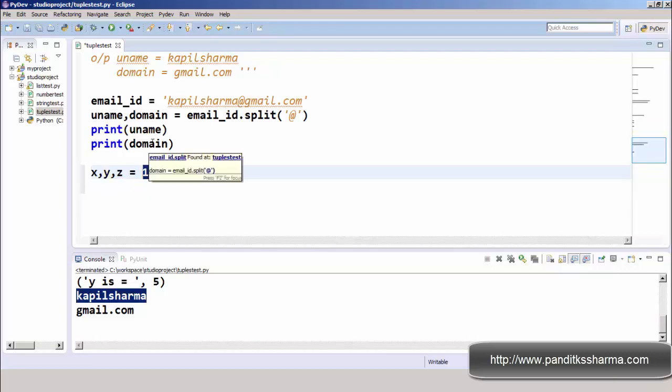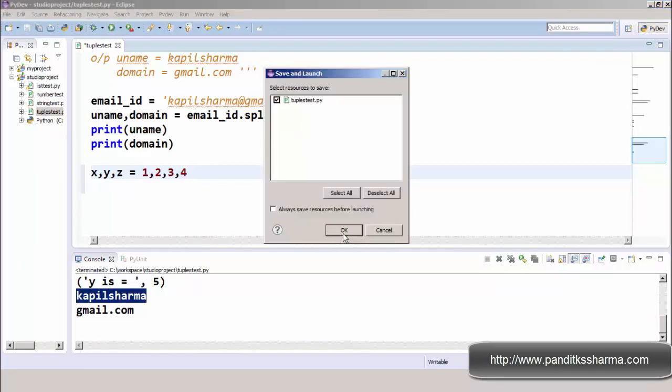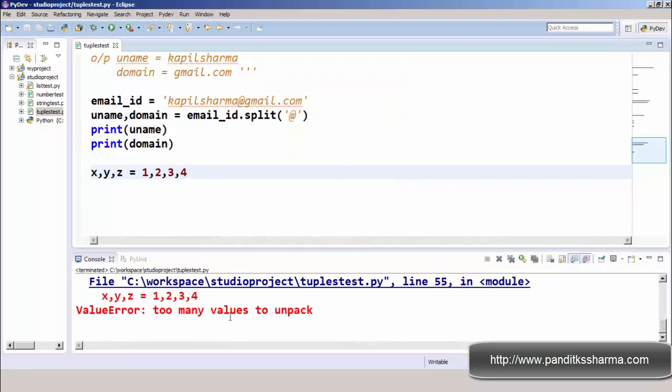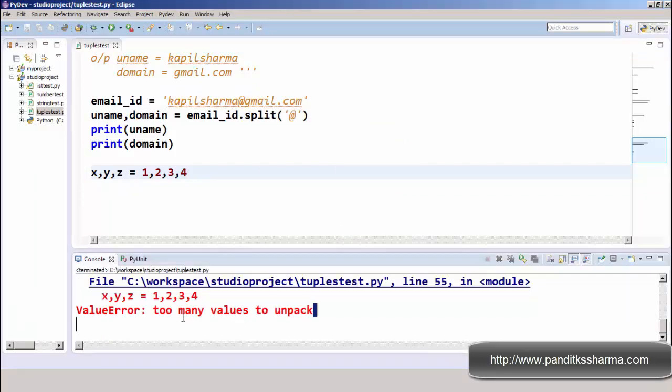It's good. It will work. What happens if the RHS has more values? Try to run it. Value error: too many values to unpack.